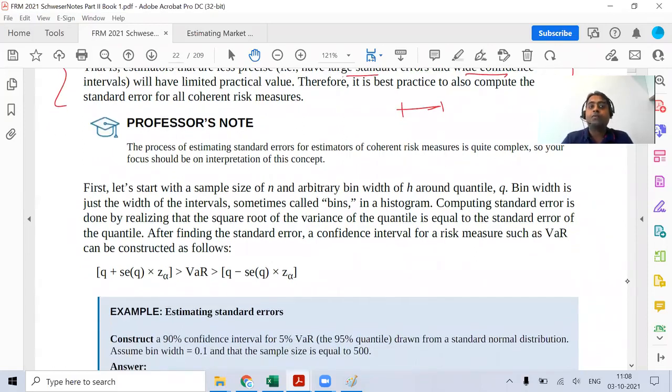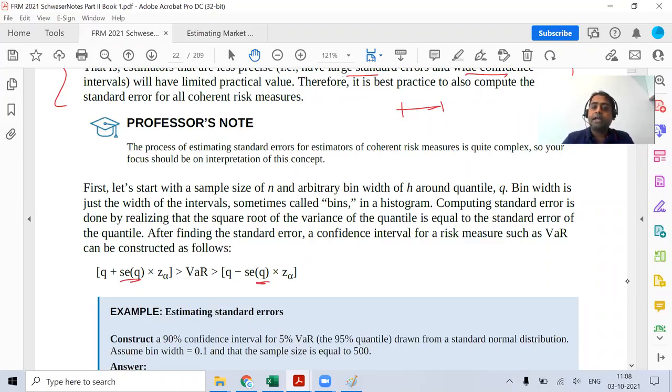Okay, if you would remember in the linear regression topic, we talked about standard error of regression, which was square root of SSR divided by n minus k minus 1. We had a structured formula over there. In this case, we also have a structured formula to find the standard error, but it is dependent more on finding probability of the distribution. This is my standard error.